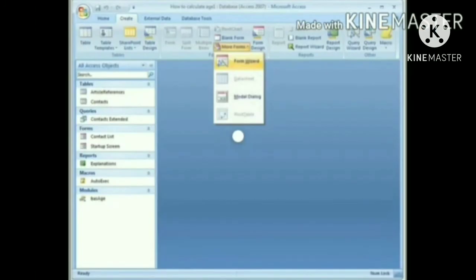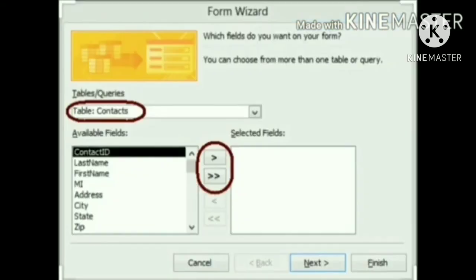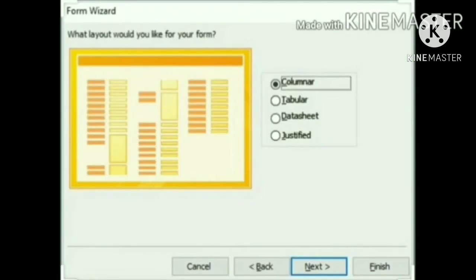Use of form wizard. Steps to use form wizard are as follows. First, select Form Wizard from the Forms group of the Create tab. On doing so, the following screen is displayed. Second, from the dialog box that opens up, select the field names from the fields given on the left side of the dialog box. The chosen fields will show up in the form. Now click on the Next button.